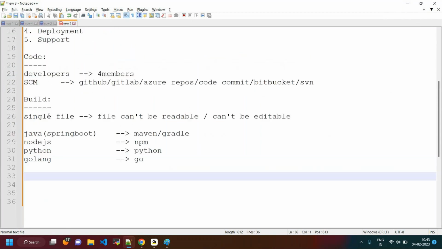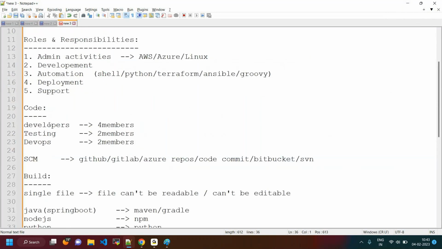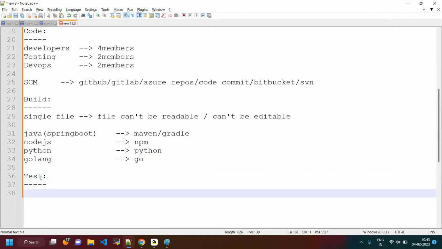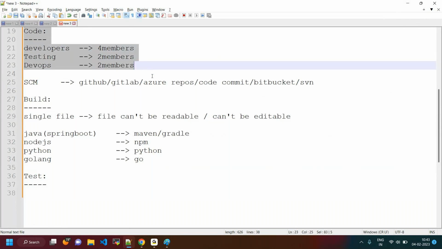Next one is test. Within this particular test, what will happen? The code is written by the developer, right? This particular code we need to test, whether it's working fine or not, whether any duplicates are there or not, whether any syntax issues are there or not. We need to test each and everything. How are we going to test whether duplicate lines are there or not? Because these developers are going to be writing thousands of lines, like 10,000 they might write. Sometimes they are going to be writing more than that also.